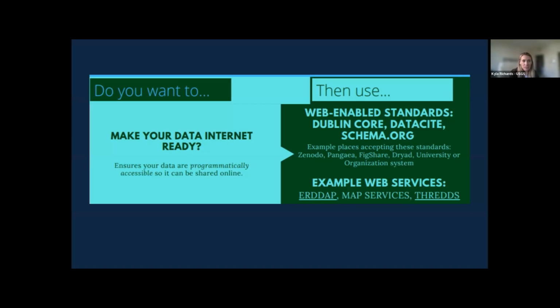The last section is making the data software ready. So data that are organized in tidy or long format are easier to work with in software like R and Python. An example of this is using ISO 8601 for dates and formatting coordinates in decimal degrees. This is a universally understood format. And this kind of organization reduces the time spent reformatting data so researchers can dive right into analyses. And this will improve efficiency.